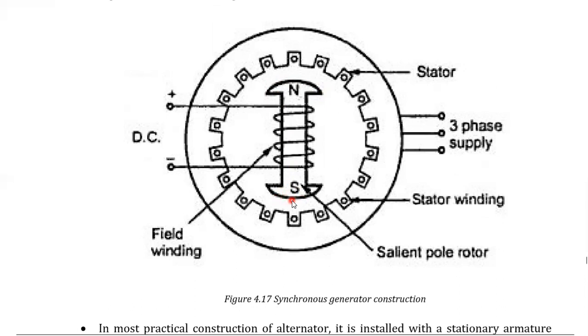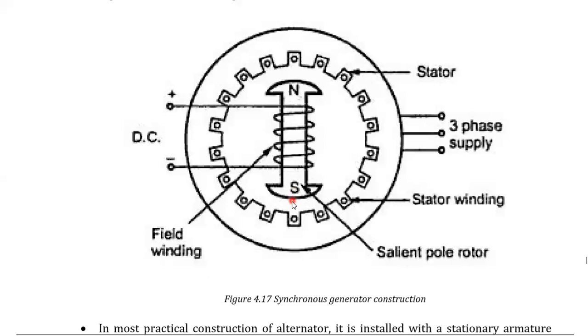Let's consider the area between these two, which is less, and the area between this is more. So it is exactly like a sinusoidal; the flux distribution acts like a sinusoidal. Here the flux area between these two is less, and this flux distribution is more. The flux distribution between the South Pole and the stator magnetic field is more.